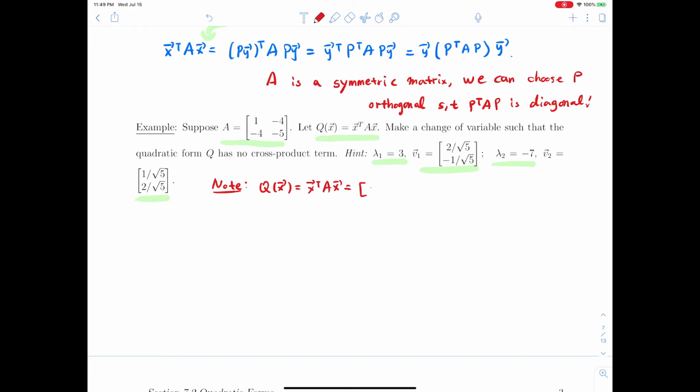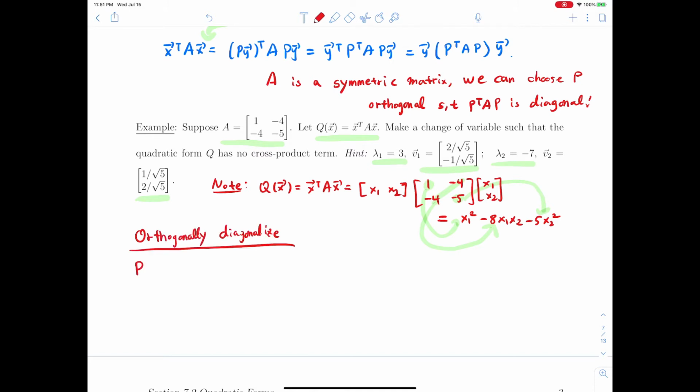If you expand this, we have x1 and x2 times the matrix with rows 1, negative 4 and negative 4, negative 5, times x1 and x2. This equals x1 squared minus 8 x1 x2 minus 5 x2 squared. Again, these two quantities are the coefficients of the square terms, and adding these two gives the cross product term. But if you diagonalize the given matrix orthogonally,